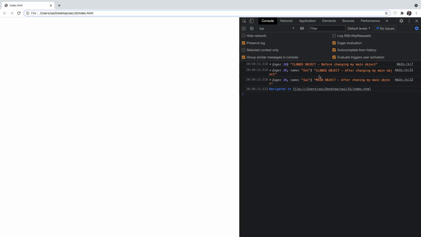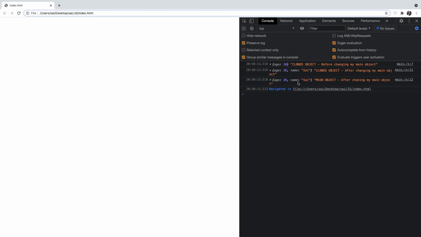I have assigned the main object to cloned object, and that cloned object is not yet changed, but if I change my main object, my cloned object is also affected. So that means there is some reference which is happening for both of them.